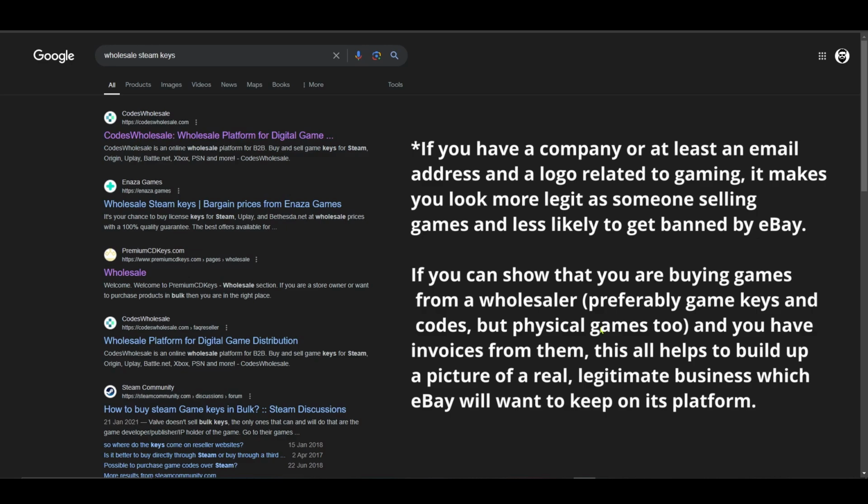But if you are going to do it properly, then that's what I would do. I would make a little company, and I would try and get a wholesale account, and let's say if you get a wholesale account with some company, you're going to have to spend £150 maybe on your first order. You buy some keys or some games and do it that way. That's one way of doing it.